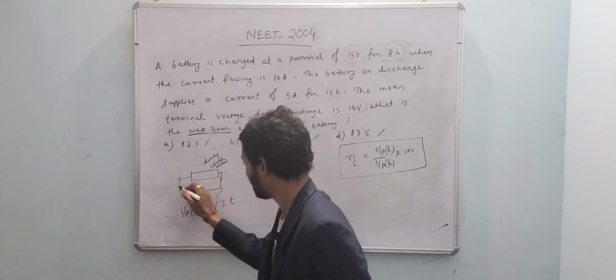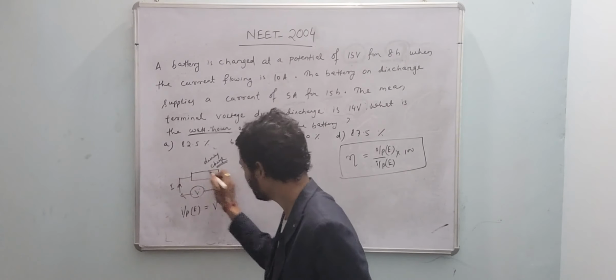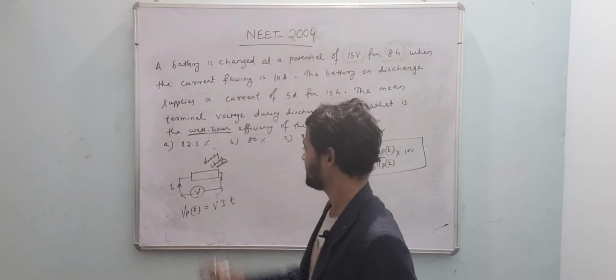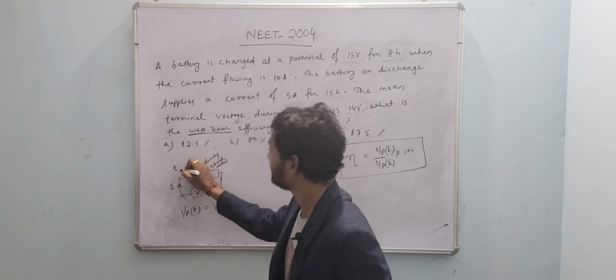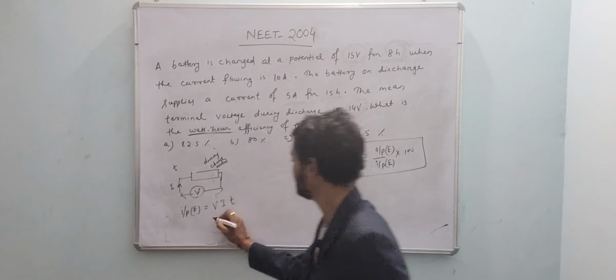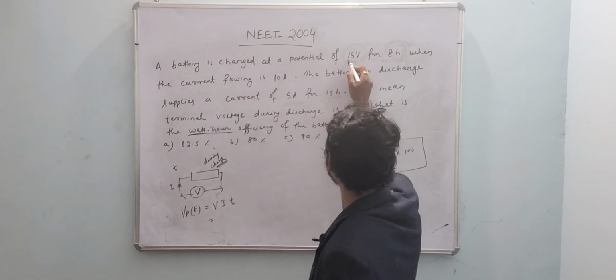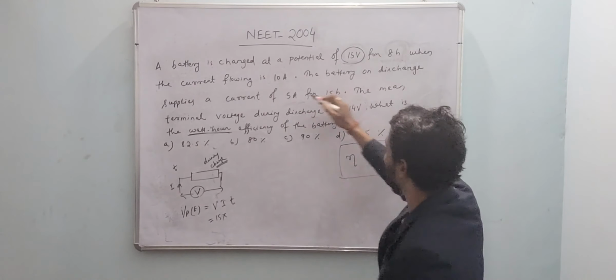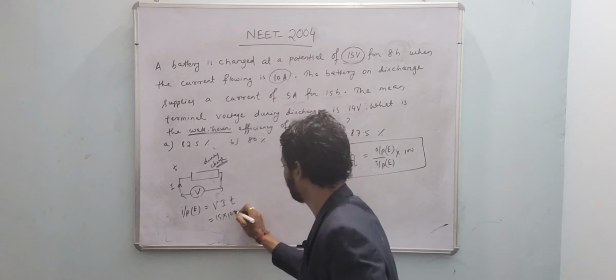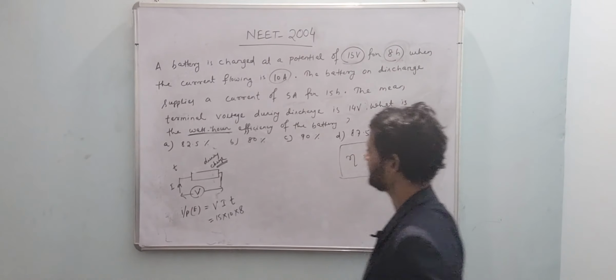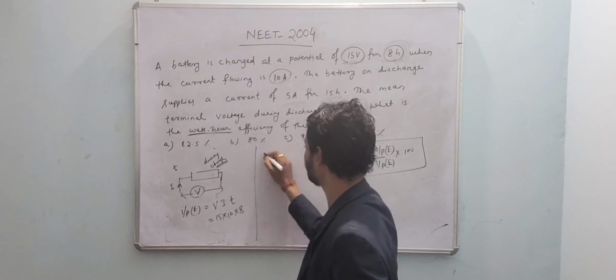Here I is the current which is given to the battery during charging, V is the potential difference, and T is the time duration. So here, how much is V given? During charging, V is given as 15, I is given as 10 ampere, and time is given as 8 hours. Right? Next, during discharging,